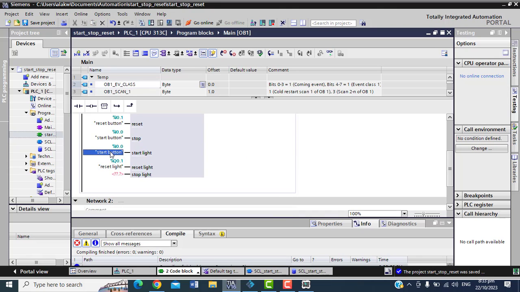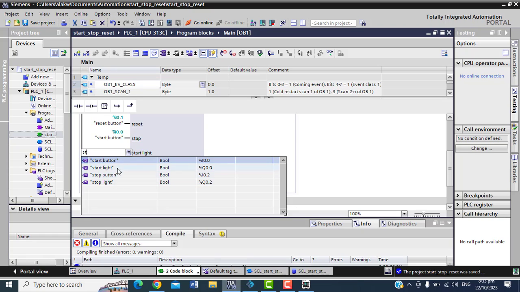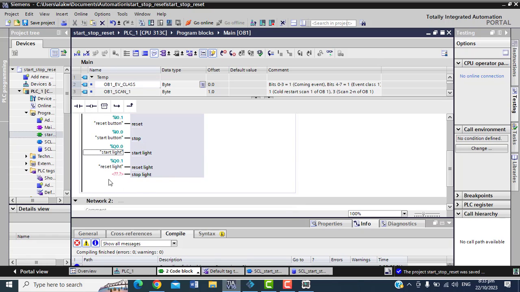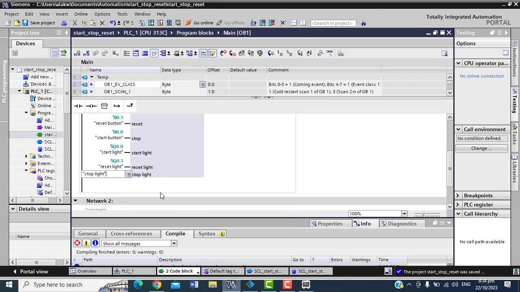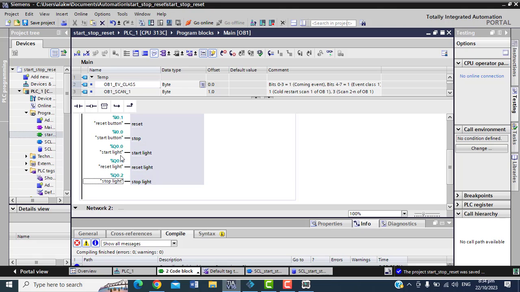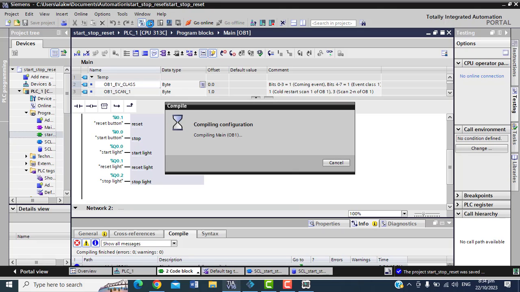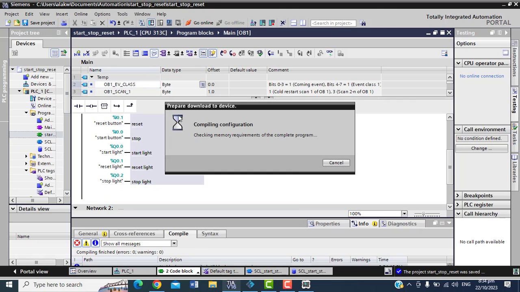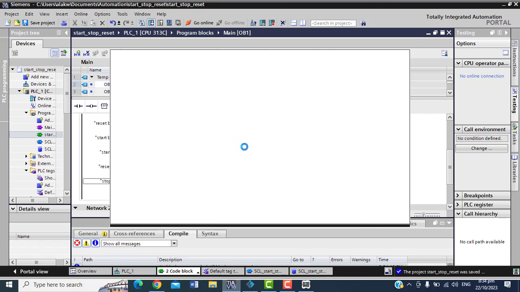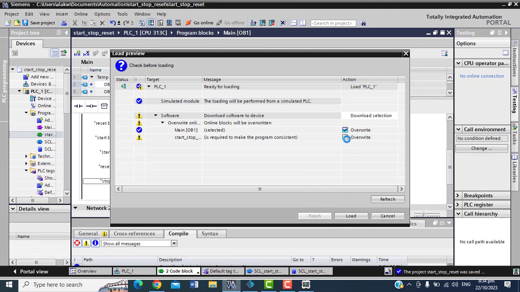I go put start button here. Start lights. And then for here I want to put stop light. So you see say so now your start light, your reset light, and your stop light. So I go save this one, compile this, then go download them. My system don dey try now, so make you no laugh me. So I go hit this one, load.